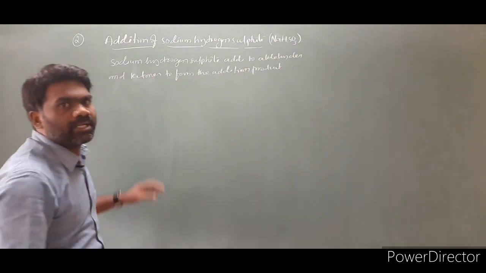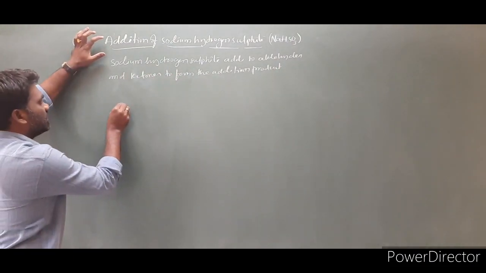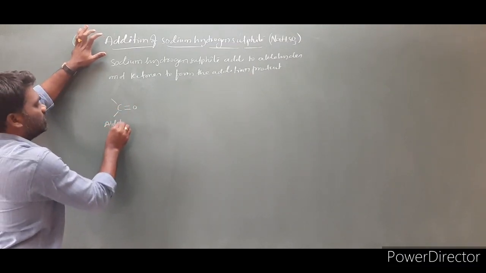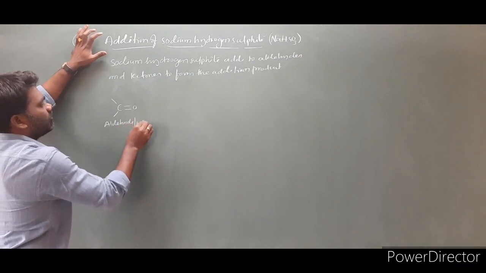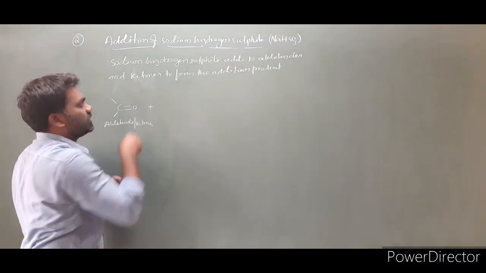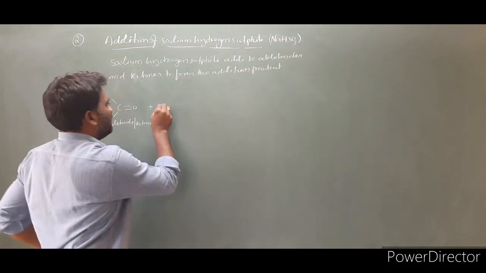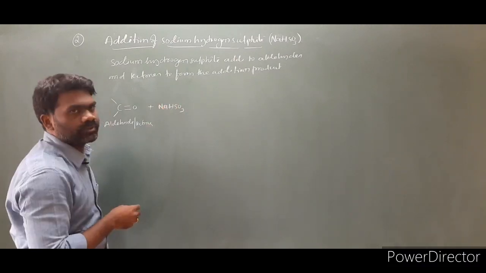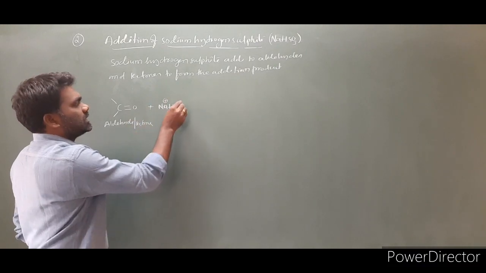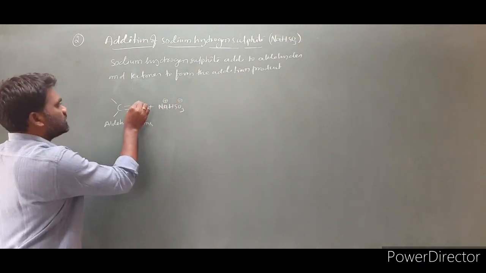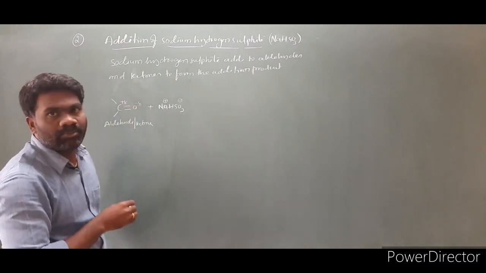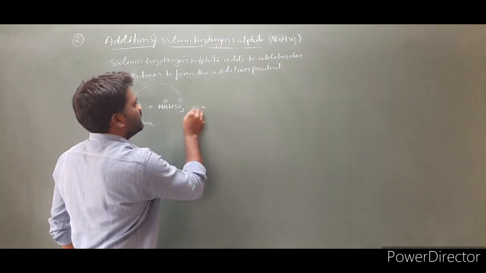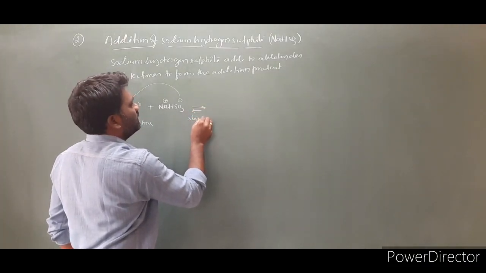This is the statement. First we have to write an equation. So first I am taking a general equation of aldehyde or ketone, C double bond O. This may be aldehyde or ketone. We are very familiar with this term. This one will be treated with NaHSO3. Here Na plus and HSO3 minus. Oxygen is partially negative, carbon is partially positive. This negative charge attacks the carbonyl carbon. As a result, what is the product we can expect? This is step 1. We are very familiar with this.